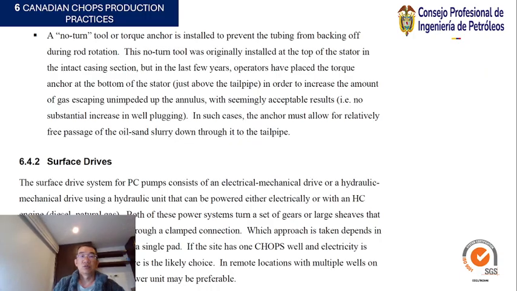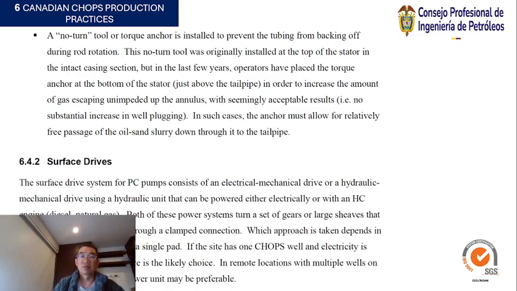A no-turn tool, or TAC (torque anchor), is installed to prevent the tubing from backing off during rod rotation. This no-turn tool was originally installed at the top of the stator in the intact casing section, but in the last few years operators have placed the tubing anchor at the bottom of the stator, just above the tailpipe, in order